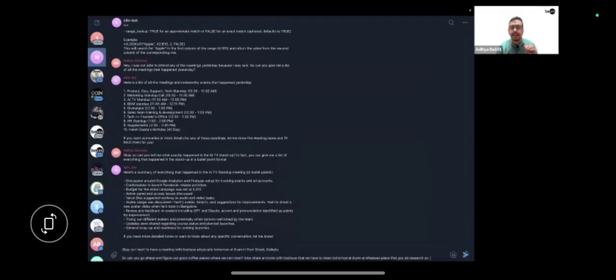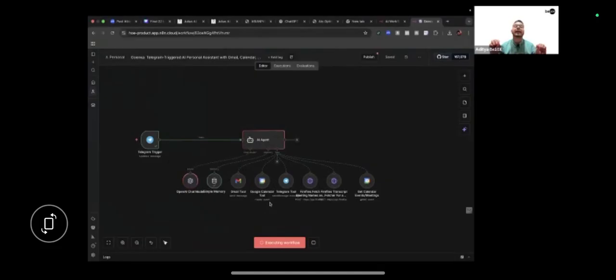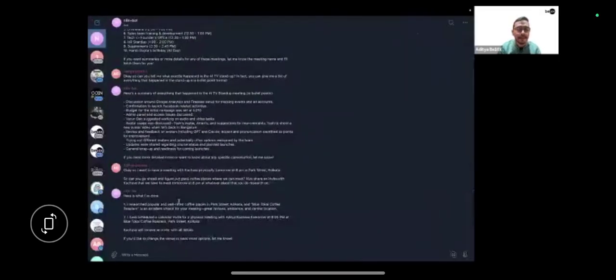So I give it a prompt like this. Again, my personal assistant is in action. It will be able to find out good coffee places in the Park Street area, Kolkata, for tomorrow, whatever time I ask. It will do the research, find the good coffee places, and set it up in both our calendars. It lets Kajave know that this is something I have scheduled, so that he can also be present, and my work is done.